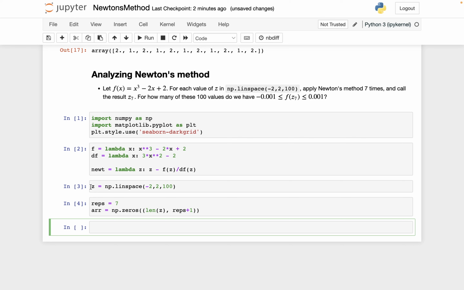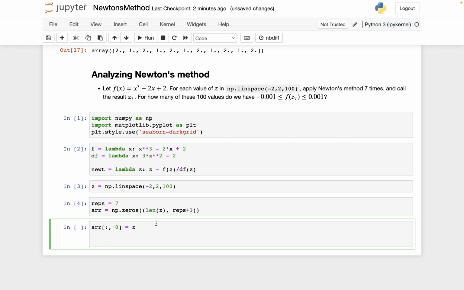So let's put these starting values into the leftmost column, into the 0th column. So ARR colon comma 0. The colon is like saying get me every row, 0th column, and we'll set that equal to z. And let's go ahead and fill in the Newton values at the same time. We'll do that using a for loop. So for i in range reps,